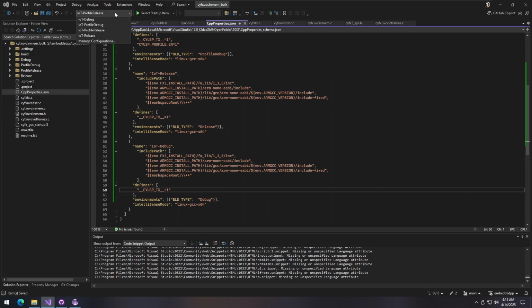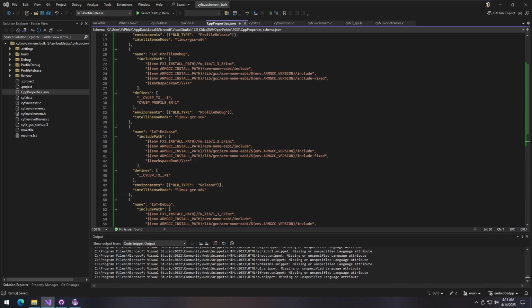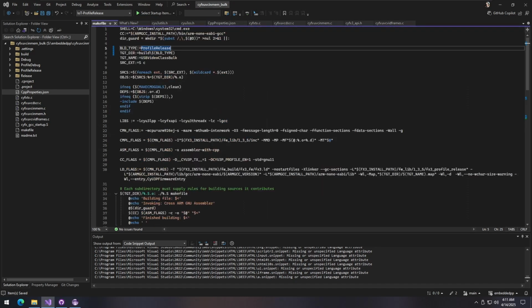So we should be having, there we go, our full 4 specified configurations that we are able to work with, at least for IntelliSense for now. And as I said, environments are being set up in such a way that build type is being assigned a particular value. Coming back here,